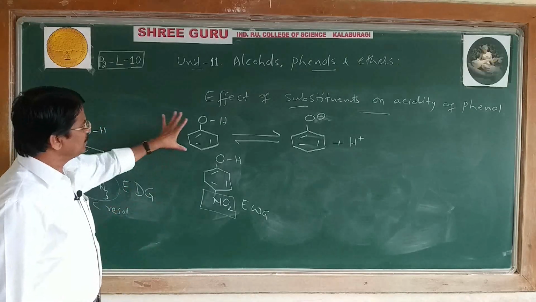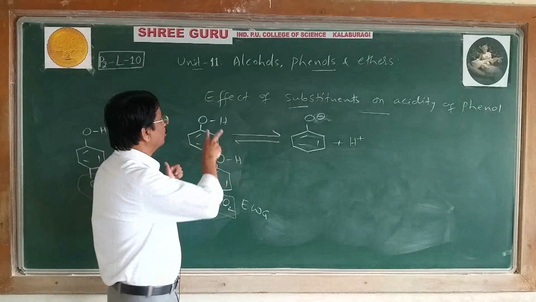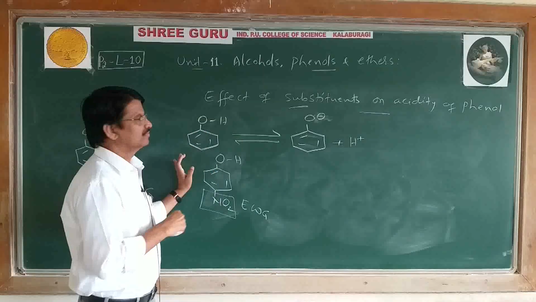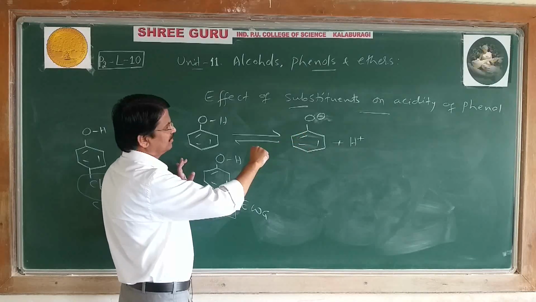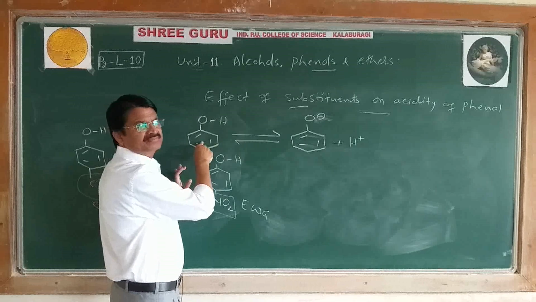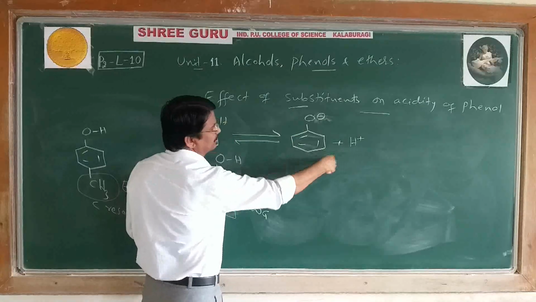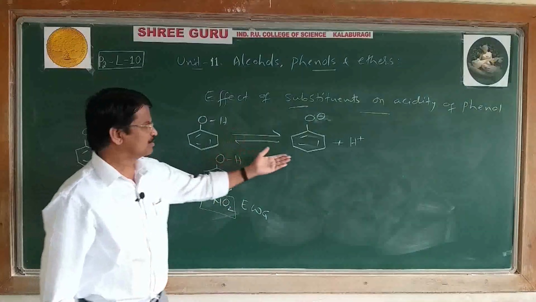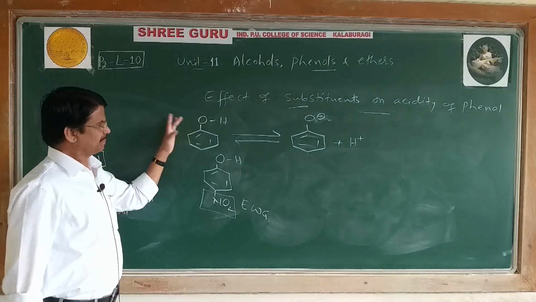Next, see why phenol is acidic. Because in phenol the OH bond is weak and undergoes easy ionization to give a proton and phenoxide ion. And the phenoxide ion is more stable than phenol. Hence, the equilibrium shifts towards the right side, producing hydrogen ion and phenoxide ion. Therefore, phenol is called acidic. Okay. Next,